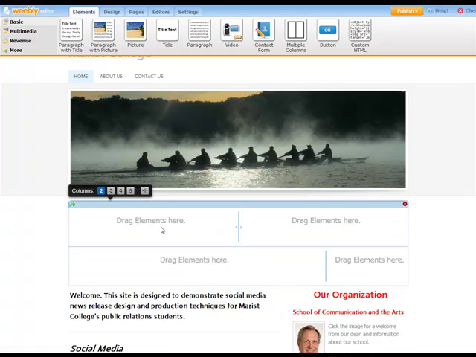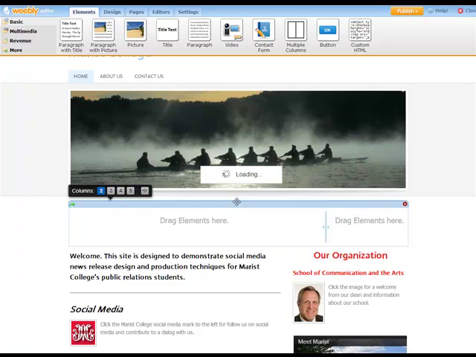Drag and drop, and you could have different layouts. I'm going to get rid of this, and